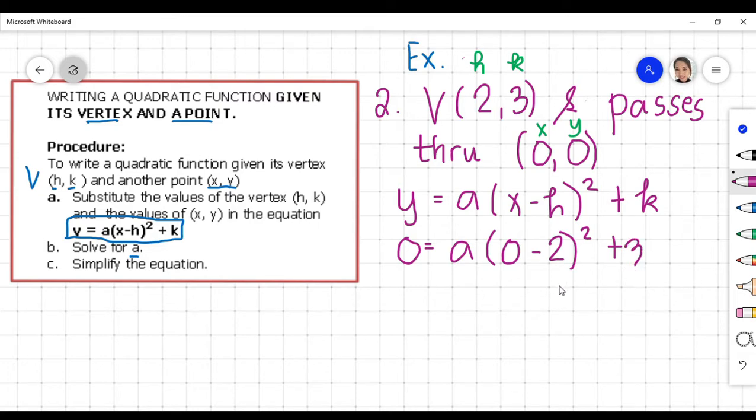Okay, so now we will simplify. So 0 equals a. So solve muna natin yung sa loob. So 0 minus 2, that's negative 2 squared